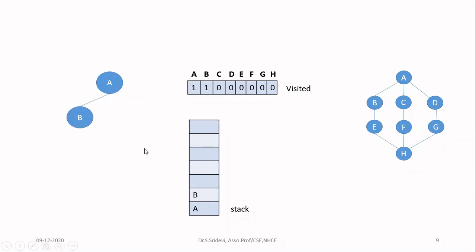So what I will be doing now is I am going to push B onto the stack. Then I am going to mark visited of B is equal to 1. After that, I can add B in my output. When I add B, I have to add it with a proper link only. From A only, I am going to visit B. Therefore, there should be a connection between A and B.